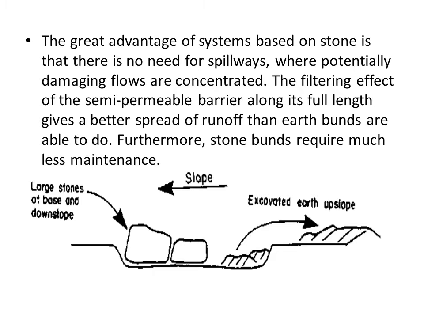You can see the photograph here. These are the stone lines which are being formed, and the water moves along the slope and it gets filtered, as well as the sediment is stored behind the stones, and since it is a very small structure, the extra water flows over the stones and there is no need of the spillway as it is done in the earthen bunds.